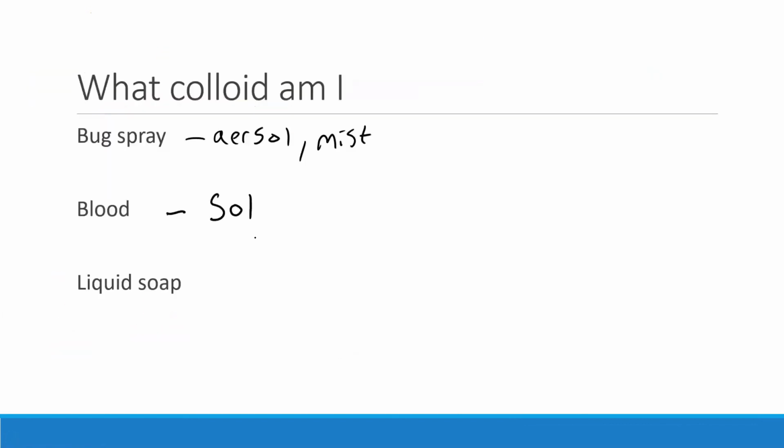Last but not least, liquid soap. What would you say liquid soap is? What is it a mixture of? Liquid soap is probably a liquid with a liquid. So what would you call it then? What would it be called? A liquid in a liquid. Go back through your pages. What is liquid soap? What would it be called? It's either going to be an emulsion or